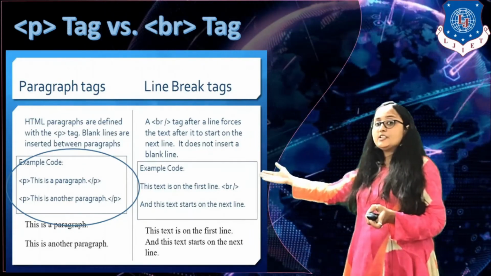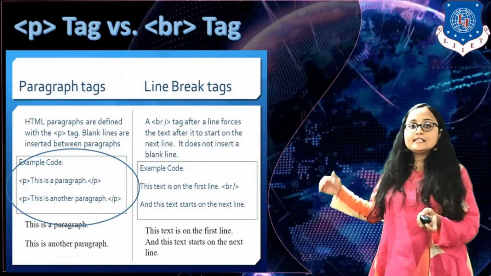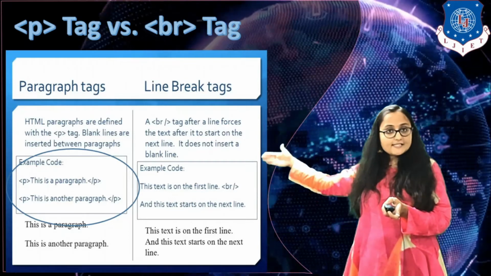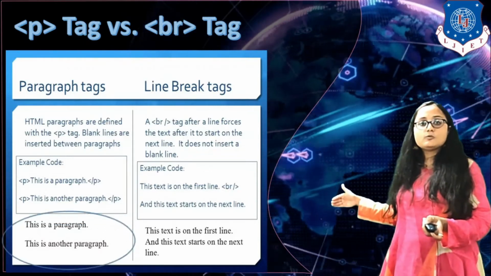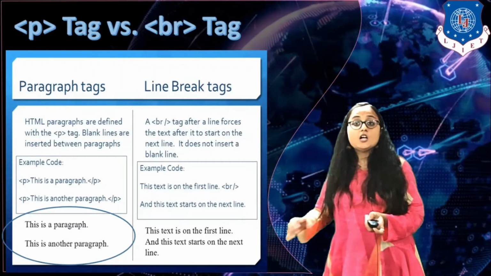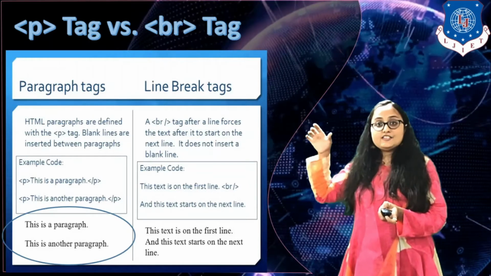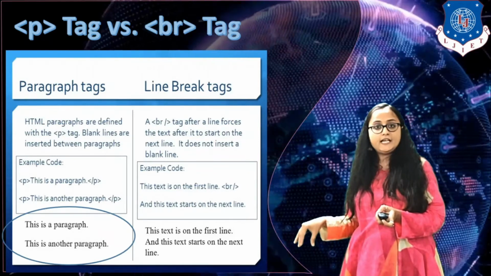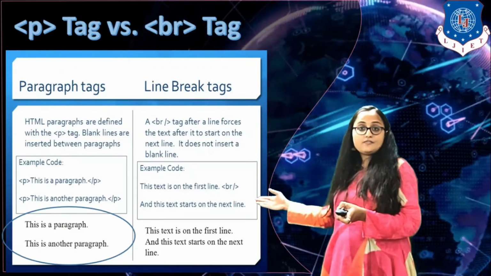The second is the code difference. As you can see, this is the code for the paragraph tag. In this code, I have written 2 paragraphs and some content in both of them. What is the output? You can see this is our output. In the output, you can see that by default an empty line is added. As soon as you write a P tag and write any other tag following it, an empty line is added by default by your browser, which we have already seen.